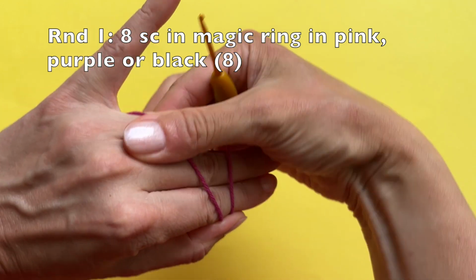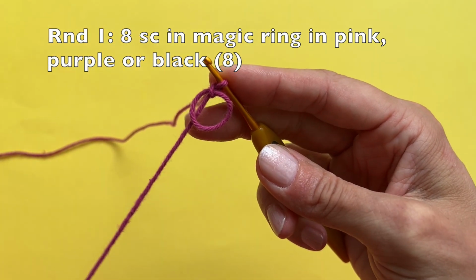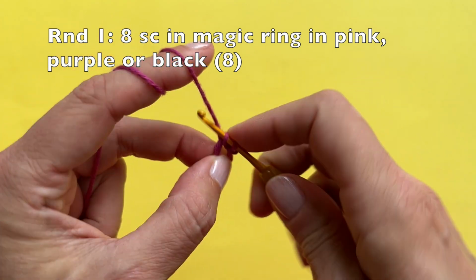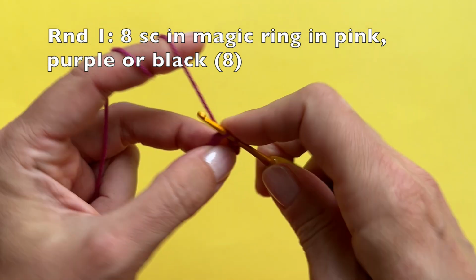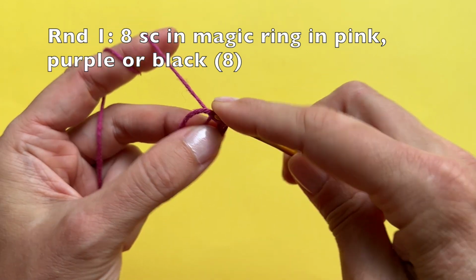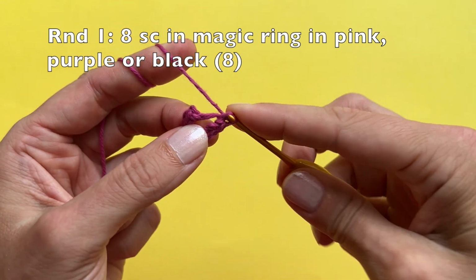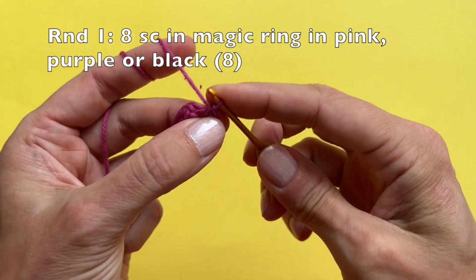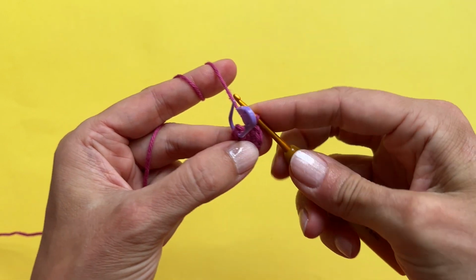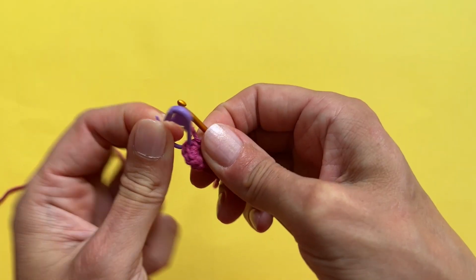So we start with the magic ring. Just use your preferred magic ring method. In round 1, we make 8 single crochet in the magic ring. That's it. So now I will place a stitch marker in the first stitch and close the magic ring. That makes it easier to crochet in the first stitch